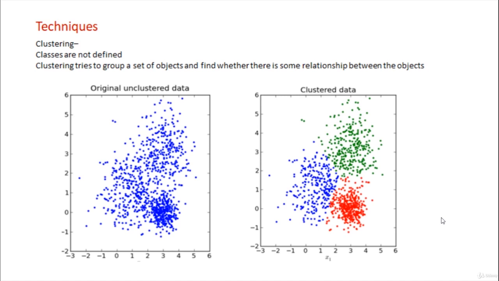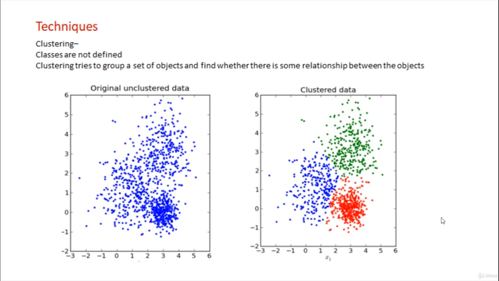Hello there, welcome back. So, in this lecture, we will be learning about clustering. What clustering really does is it tries to group or cluster a different set of objects together based on their properties. Suppose you have some raw data where there are many objects. What a clustering algorithm really does is it tries to group all that data into different clusters based